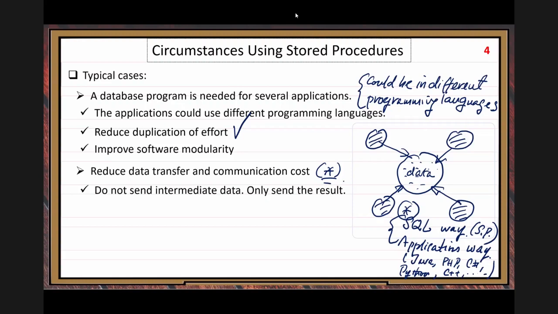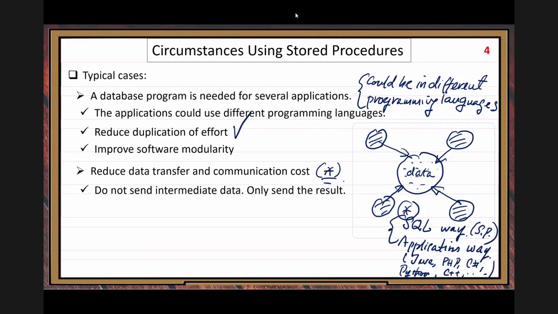But if you use SQL to do the data-intensive service right at the database server, then you do not need to send the data back and forth, right? At the same location, you complete all the data-related processing in the remote database server location.